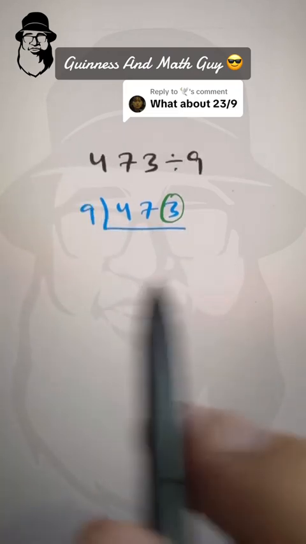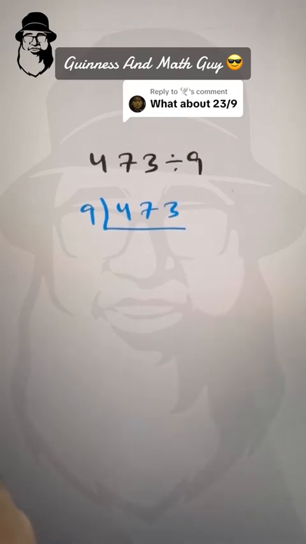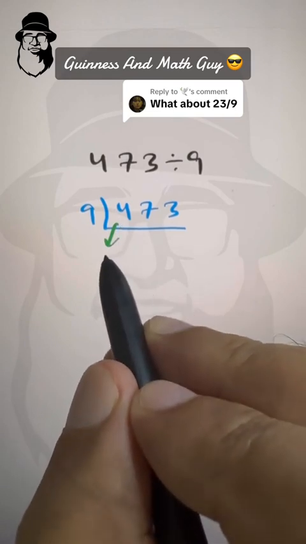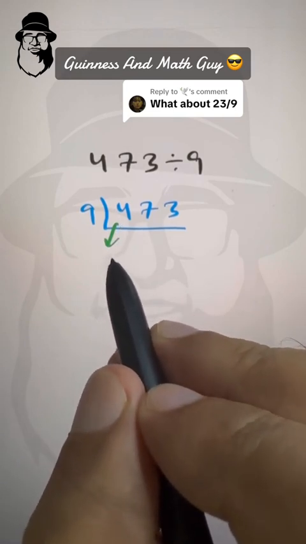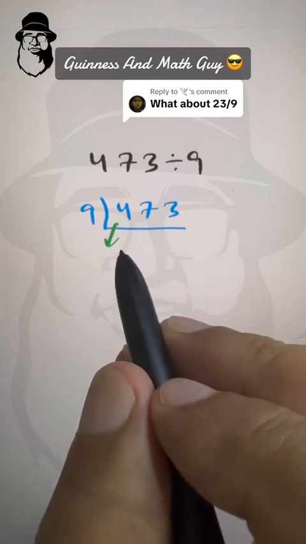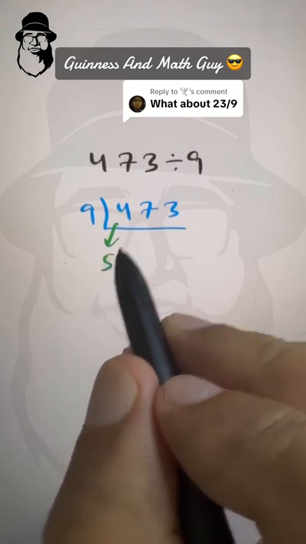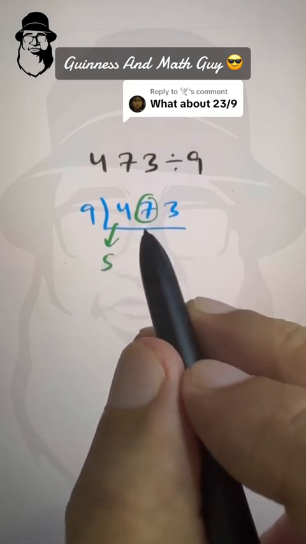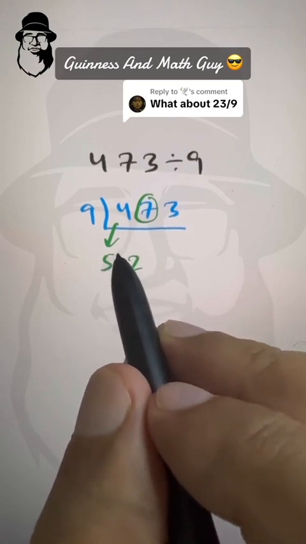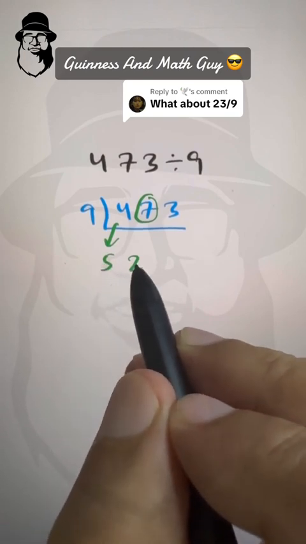Now let me do exactly the same thing in a lot easier way. Let's delete this part and we'll delete this one also. Now here we have to bring this 4 down in the answer, but before writing 4, we know that 4 plus 7 will give us 11. That is a 2-digit number. So instead of writing 4, I will write 5. And now 5 plus this 7 is 12. In 12, we write 2 here, and 1 is already taken care of when we increased 4 by 1. So this is our answer.